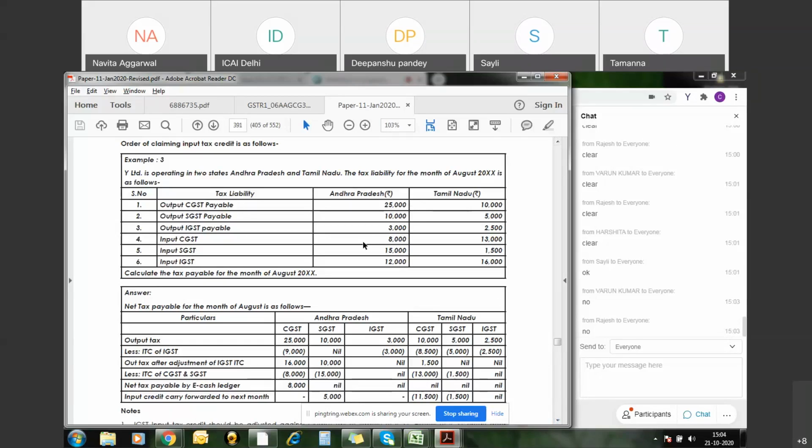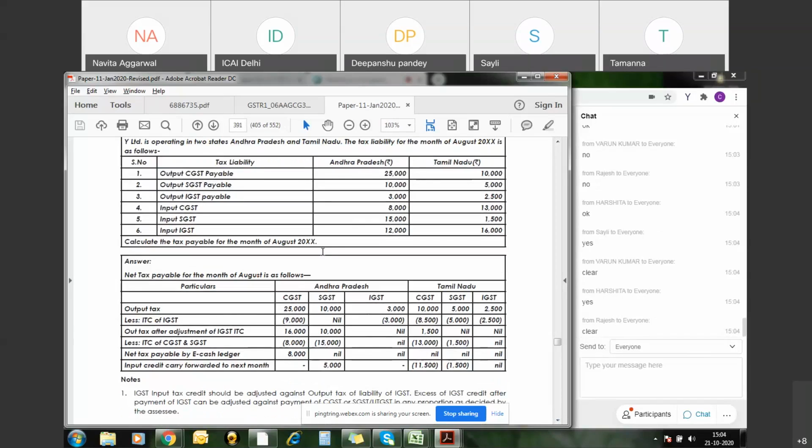What all output liability for Andhra Pradesh, ITC, set off the ITC against those output liability and compute the liability payable in cash. So first we will just see for Andhra Pradesh output taxes. Just mention the name of three types of taxes, CGST, make a table, just write the name of the state, make three columns, just mention the name of the tax and just place the figures given in the question. Clear till now? This is how you have to just keep on applying your mind and start attempting the question.